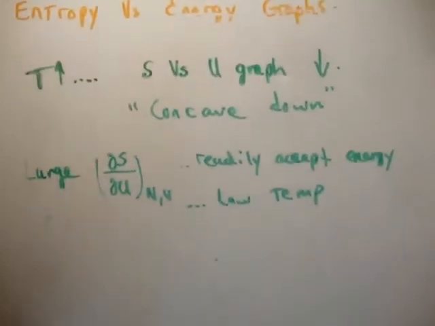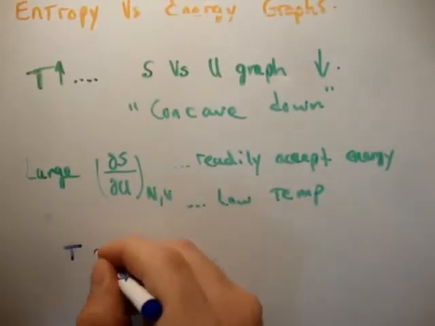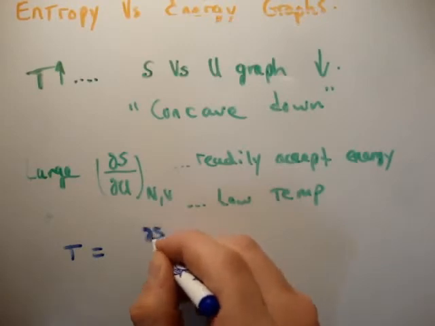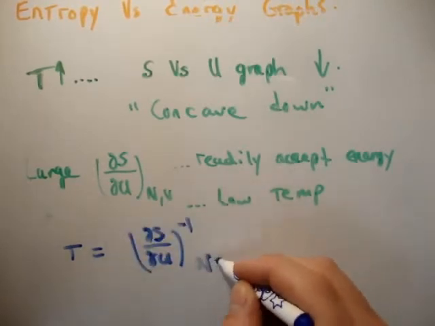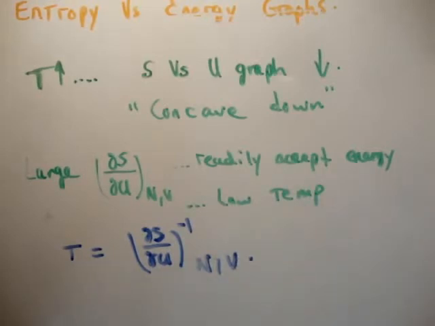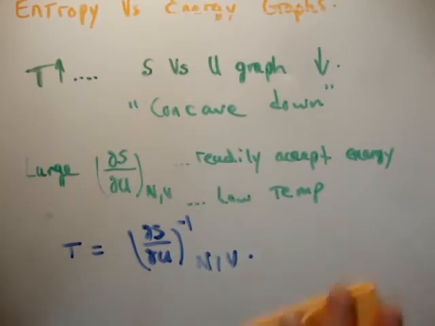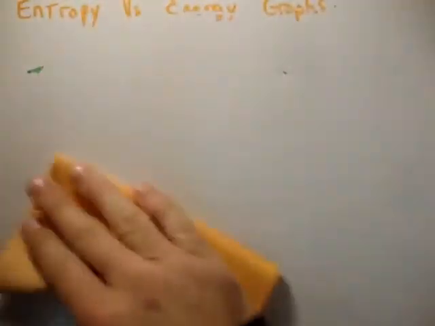Just to remind us, we saw in the previous video that temperature is equal to the inverse of del S del U, at constant particles, constant volume. So if it's got a large slope of del S del U, then it's at a low temperature and it will readily accept energy. Now, let's start plotting some of these graphs. So if I plot a graph like this, S versus U,